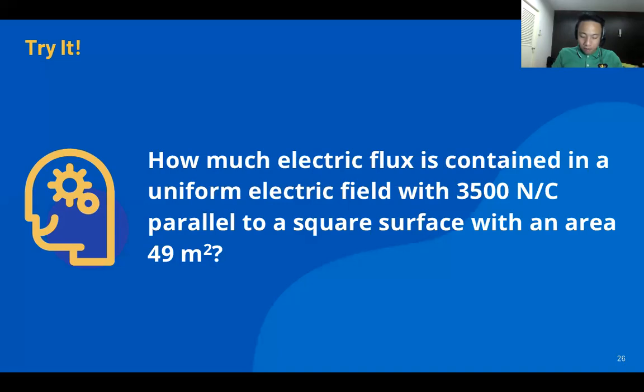So we already have this one. Electric field, which is 3,500 newton per coulomb, parallel to a square surface with an area of 49 meters squared. Whatever the given, if this one is parallel, perpendicular, or has an angle, we still use the same formula because we have a uniform electric field. So I will write down the givens on paper because I will use the